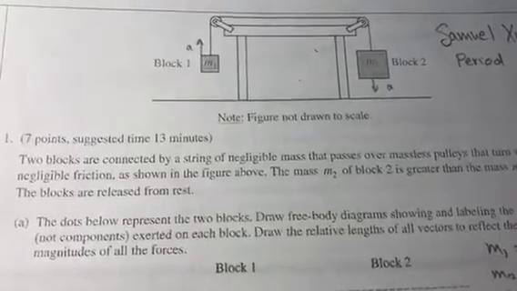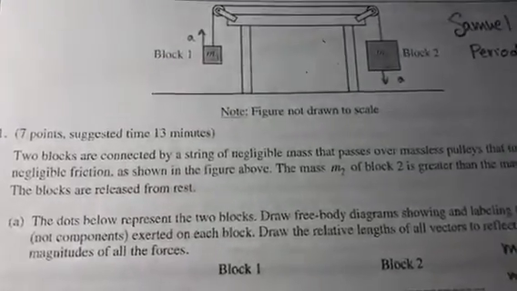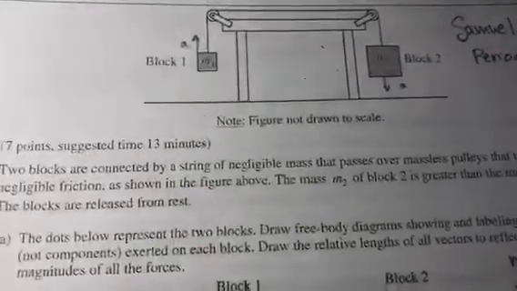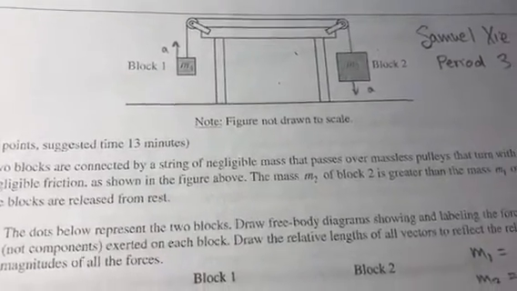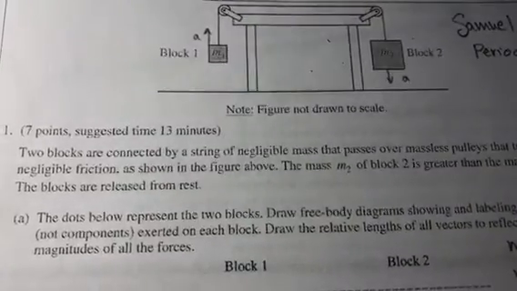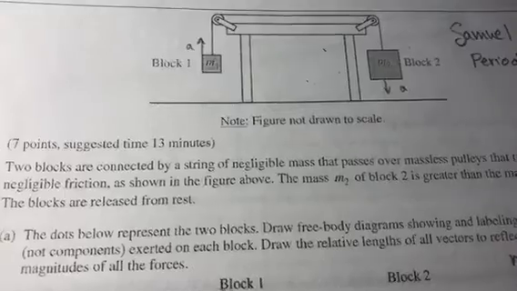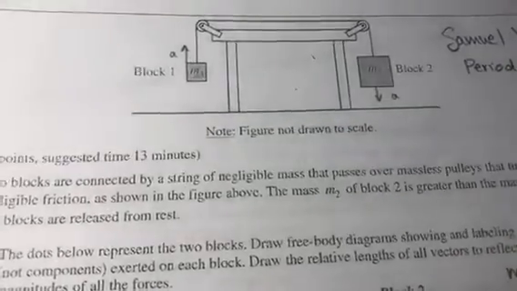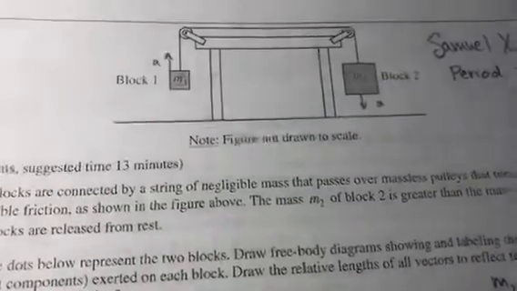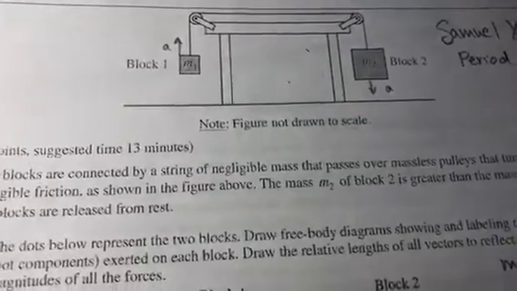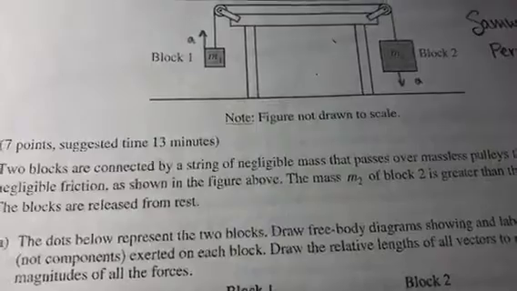In question 11, two blocks are connected by a string that passes over two pulleys. Block 1 is hanging from the left side, while block 2 is hanging from the right side. The question tells us that the masses of the string and pulleys, as well as friction, are negligible, because the mass of block 2 is greater than the mass of block 1. If you think about it, block 2 would descend and block 1 would ascend. Block 2 has a greater weight, and both blocks would have the same acceleration a, since they are connected by